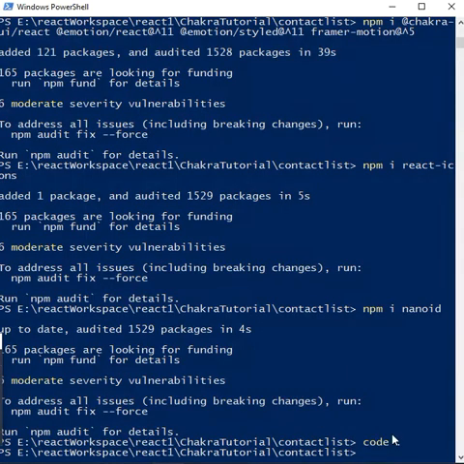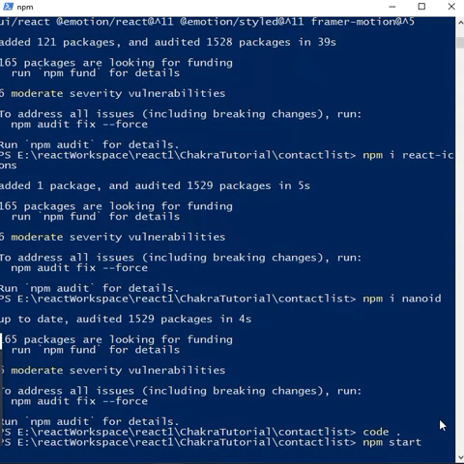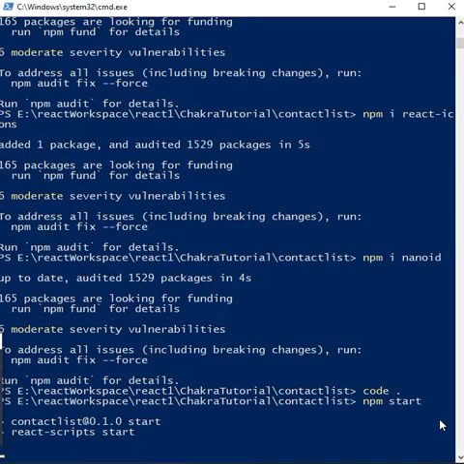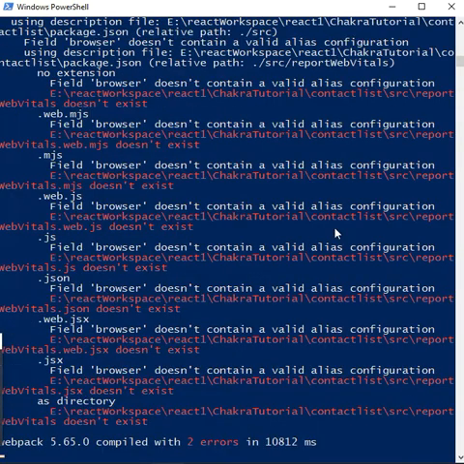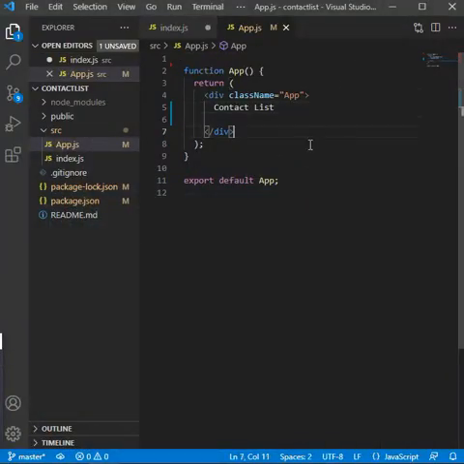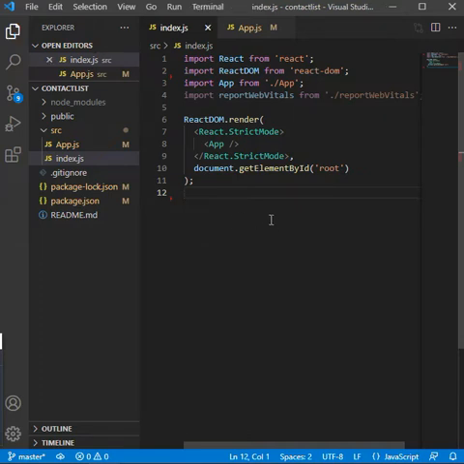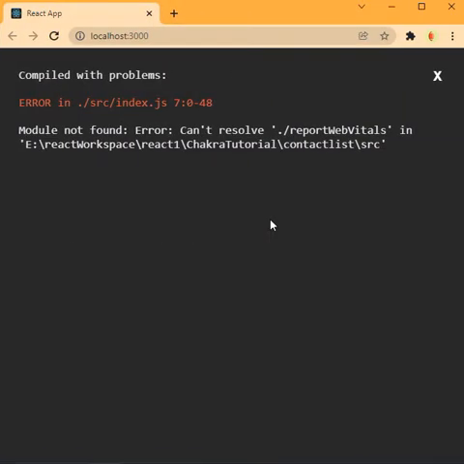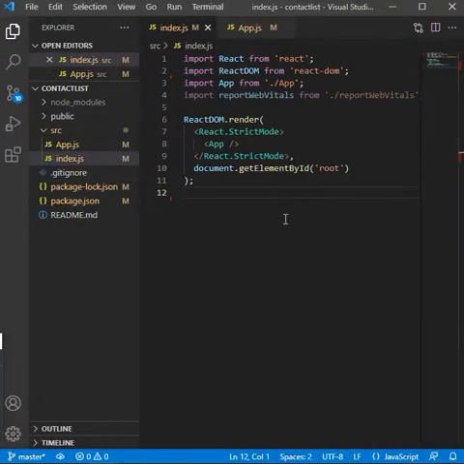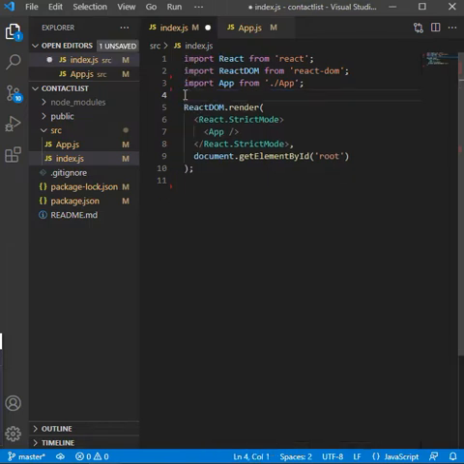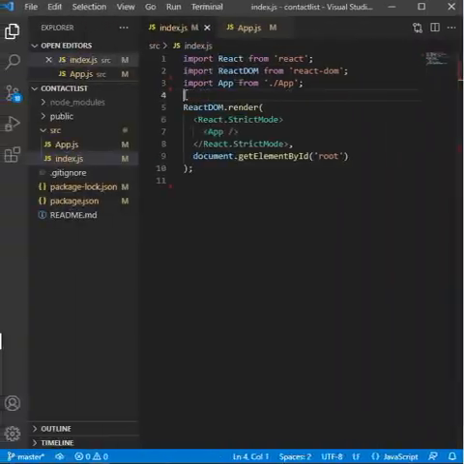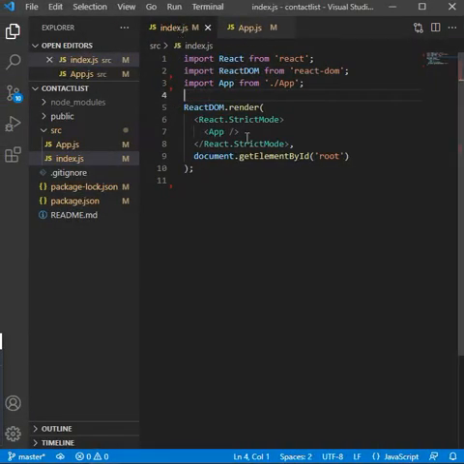Now we want to start the server, npm start, and we wait to see the results. So we still have some errors. I think we did not save this file. Okay, we have another error. Yeah, this one. Delete, and we have it here. Now we go back to index.js